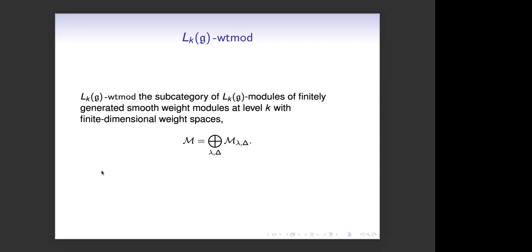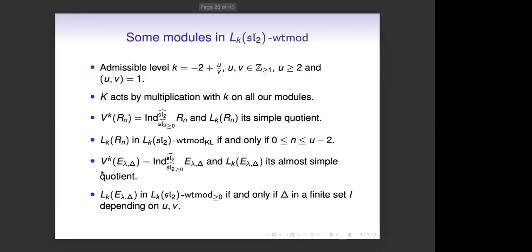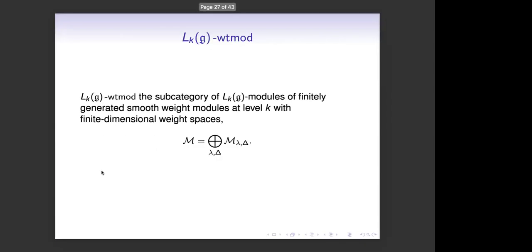So what one wants for a module, one wants it to be graded by weight, by the G weight, by the Cartan subalgebra, and by conformal weight. And you want to impose some finiteness conditions. The one that we want to impose is that the bi-graded weight spaces are finite dimensional. And otherwise nothing else, except that it's a module for the VOA, which translates to that it's a smooth weight module